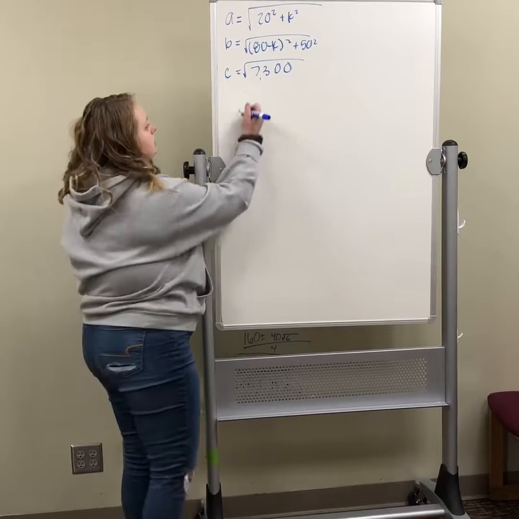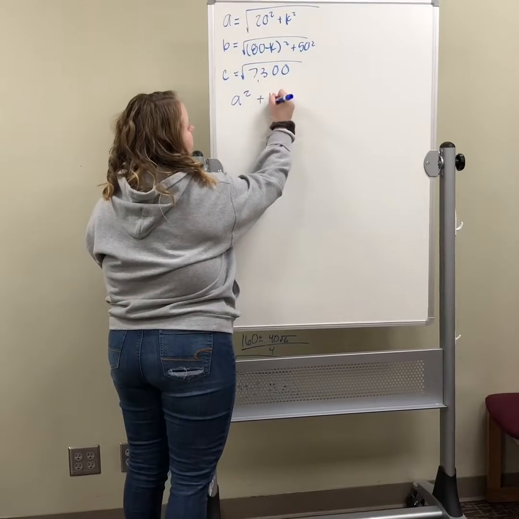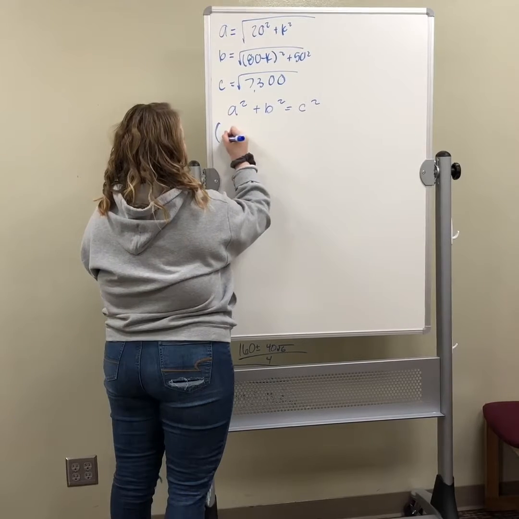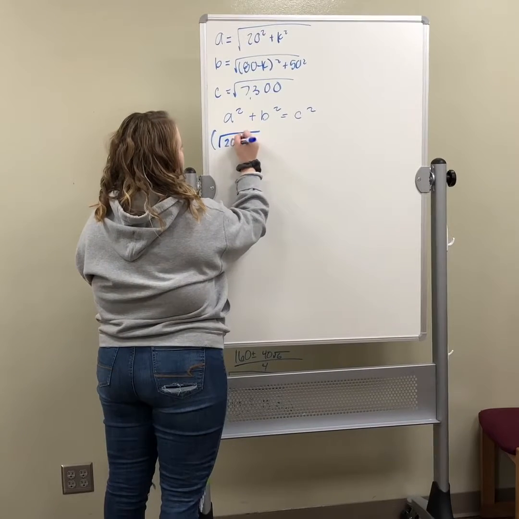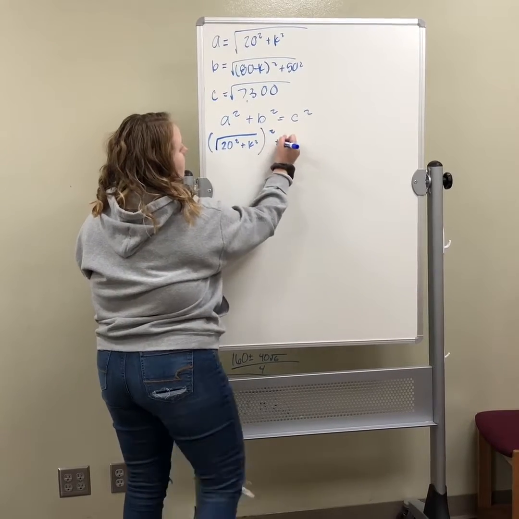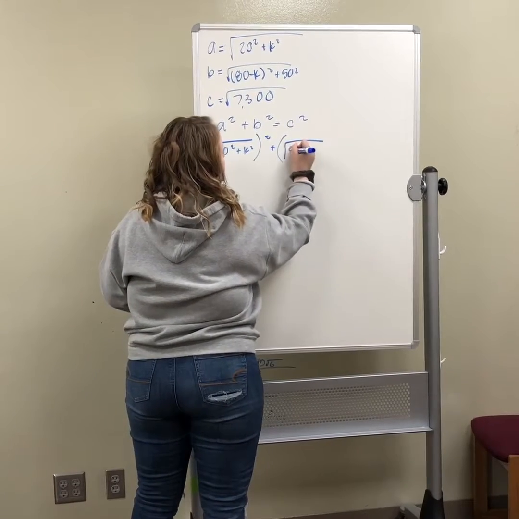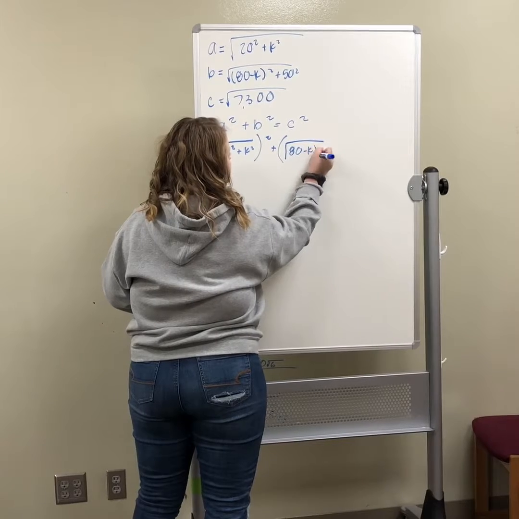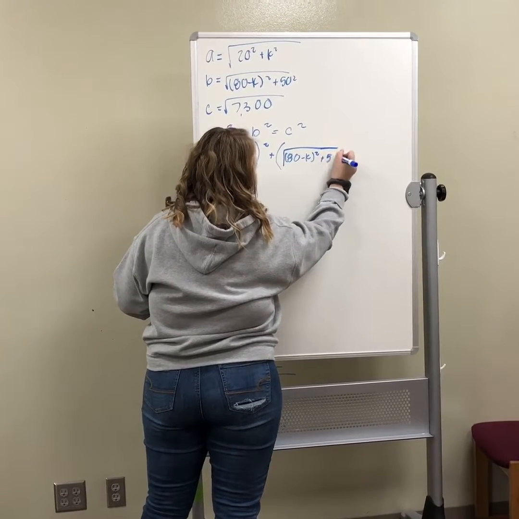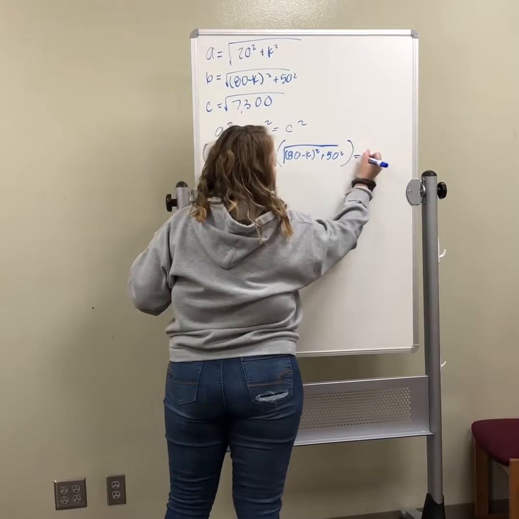So we're going to plug this into the Pythagorean theorem: the square root of 20 squared plus k squared, plus 80 minus k squared plus 50 squared, equals